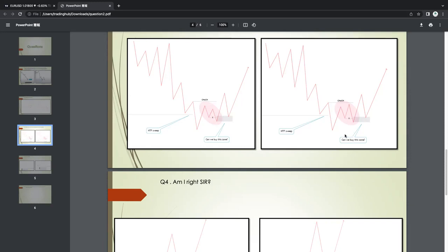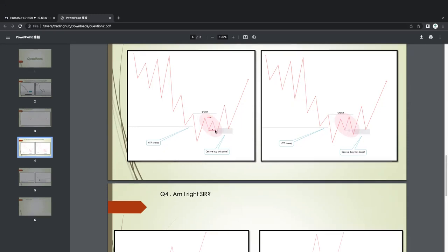Oh, it's a little bit different. Okay, so in this case, we can buy here. Let me draw this. Okay, so in this case, if the market sweeps this low, I mean takes out this low like this, then this becomes more valid, which you mentioned here, because the market has taken out this.